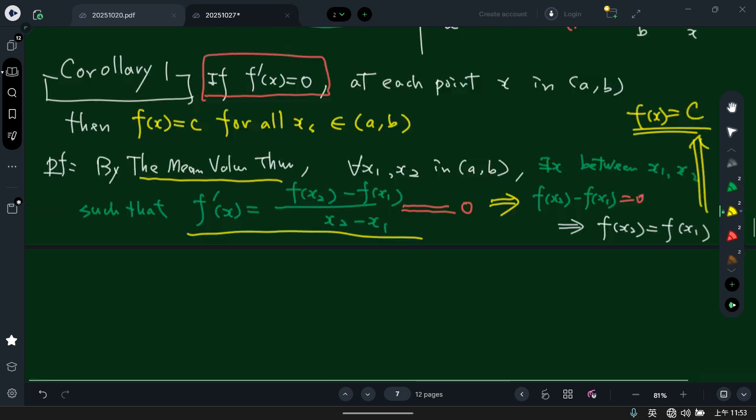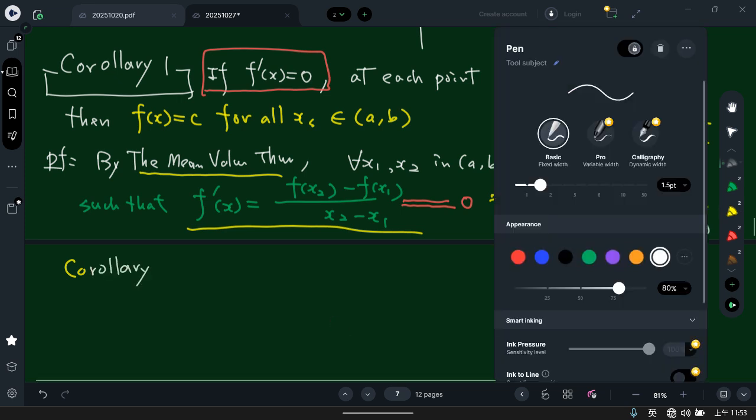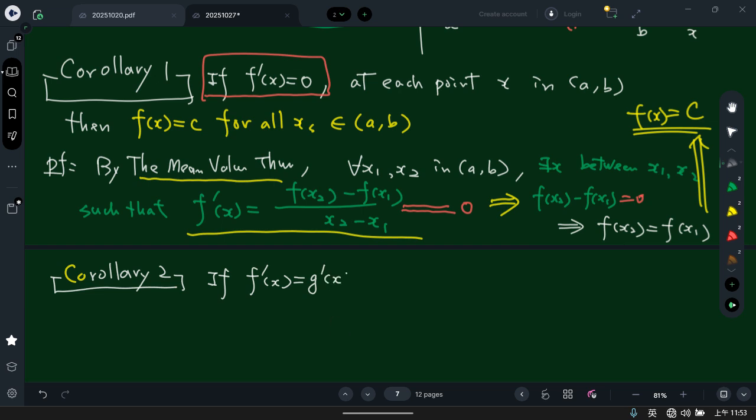Okay, so this is corollary 1. Then I want to introduce corollary 2. What is corollary 2? This one is a little bit different. If f prime x is equal to g prime x at each point x in AB, then